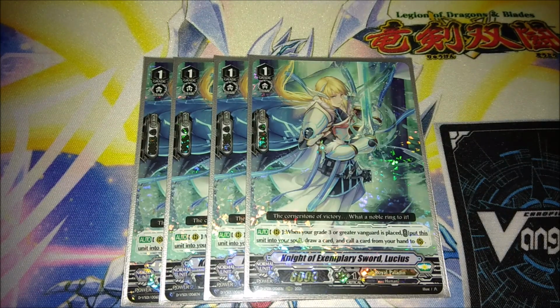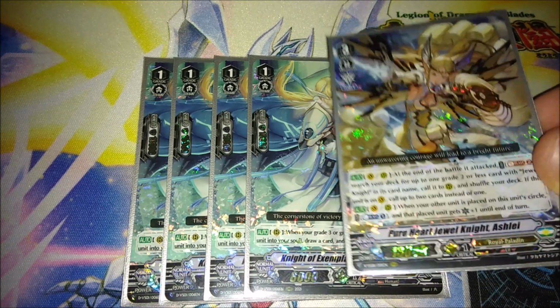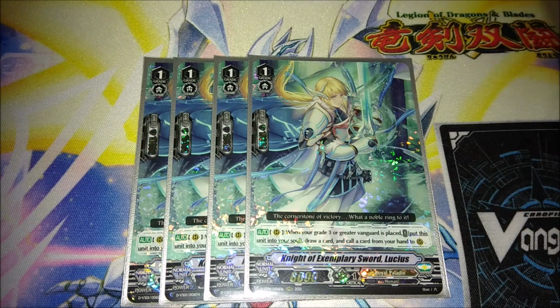But the main thing here with the Lucius is that because he pushes himself into the soul as well, he's another direct way of soul charging, which means you can set yourself up potentially for, say, another Ashley skill for Soul Blast 2, depending on how your turn's gone and how your soul charging has gone throughout the game. So yeah, extra attack extensions. The Lucius is insane. It's even more insane when you can set multiple of these up on the field, and the fact that he pushes himself into the soul to be then used as a resource for soul blasting is just,